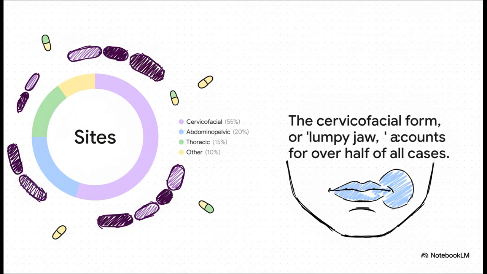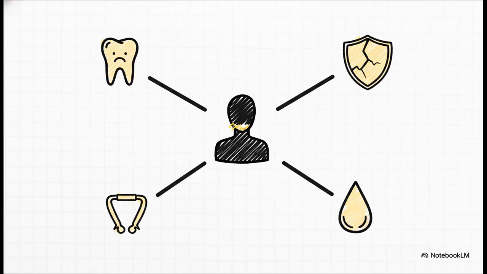Abdominal, pelvic, and thoracic infections are the next most frequent. So what opens the door for this bug to become a pathogen? Well, the risk factors are pretty well defined. Poor dental hygiene is, without a doubt, the number one risk factor for that common cervicofacial form. Other major factors include things like immunosuppression, diabetes, and, for the pelvic form specifically, the long-term use of intrauterine devices,